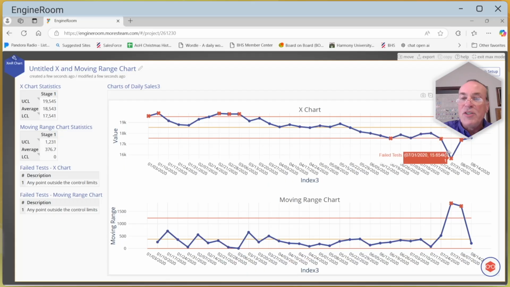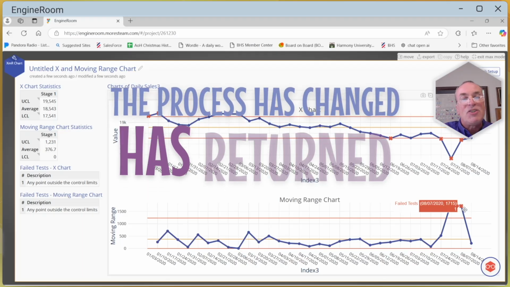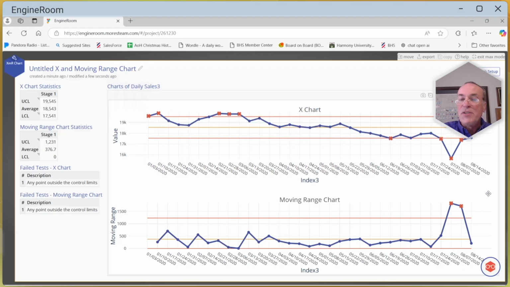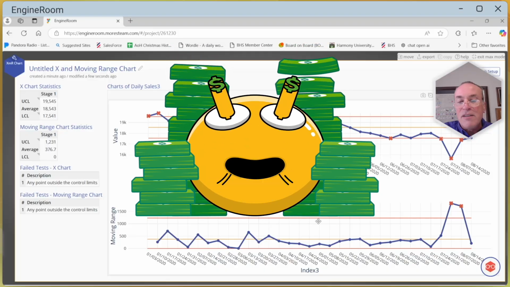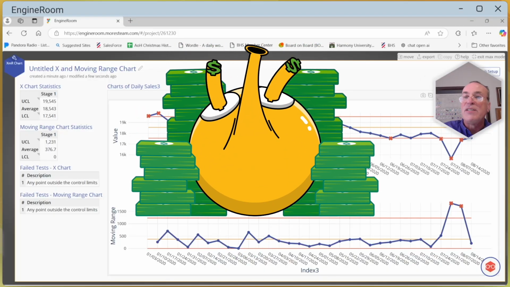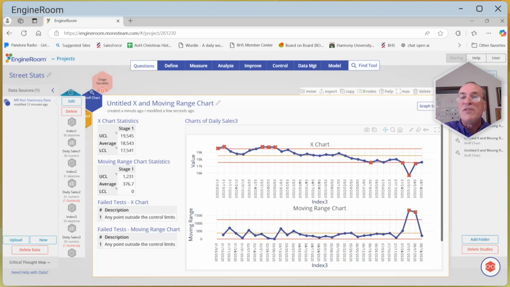So we had a large dip and then a large spike. So when you see this signal of two out of control points together or relatively close together, it says the process has changed, and then hopefully it has returned, and the X chart confirms that it has indeed gone back to the way it was performing before. So the moving range chart is really the money chart for you if you have a process similar to this. So we're going to look at one more example,